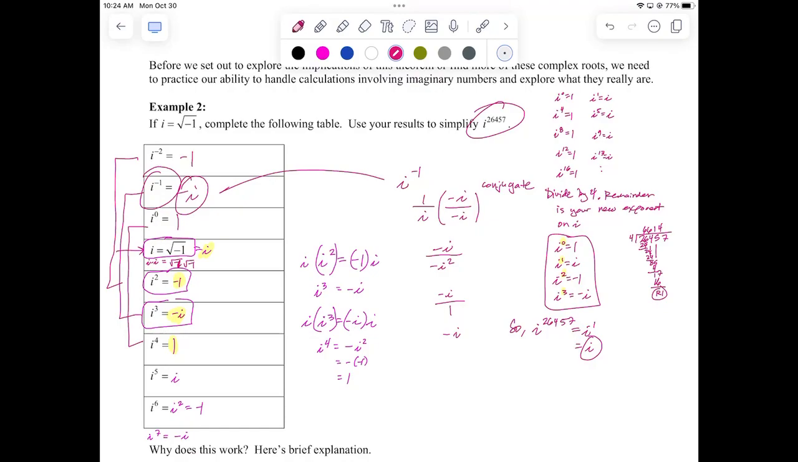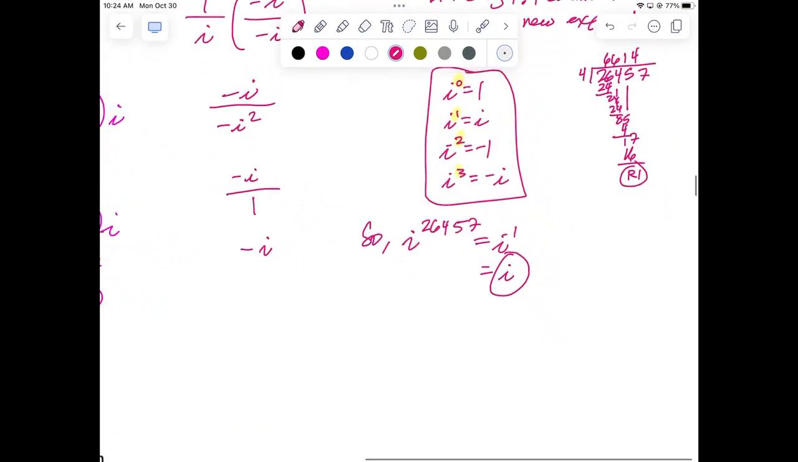Did I get a remainder of 1? Yes. So what should i to the 26,457 actually equal? i to the first, which is i. Try one more here. Try i to the